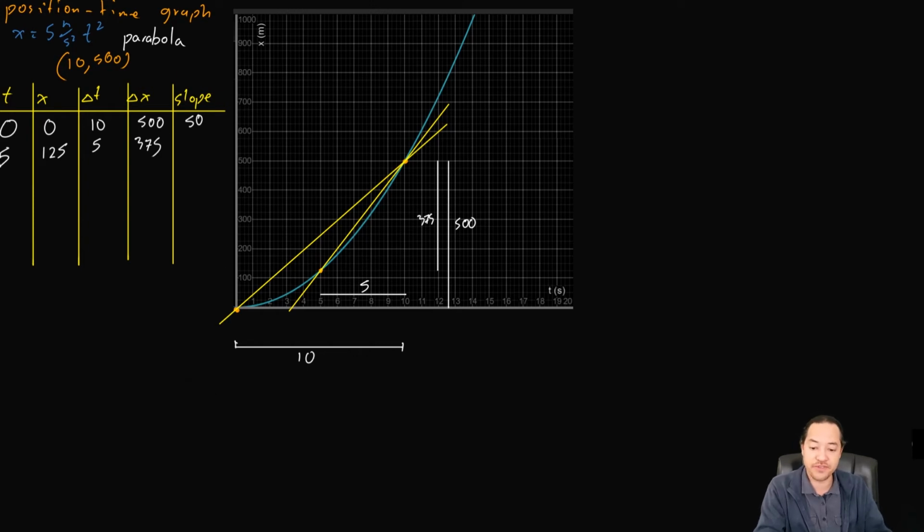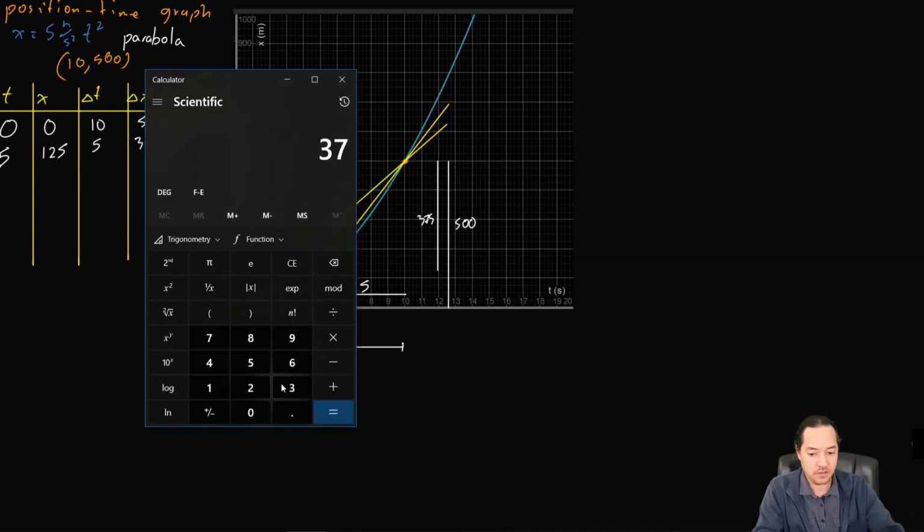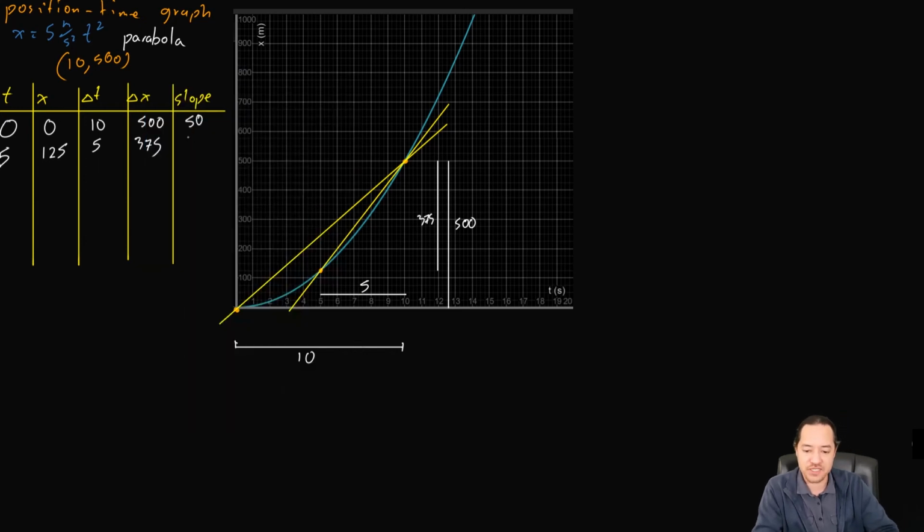And 375 over 5 is 75 meters per second. So that's the slope of this second line that we drew there. And it's steeper. It seems to be approaching the instantaneous velocity at t equals 10. Okay, let's find another point here that's even closer to t equals 10, and we're going to use t equals